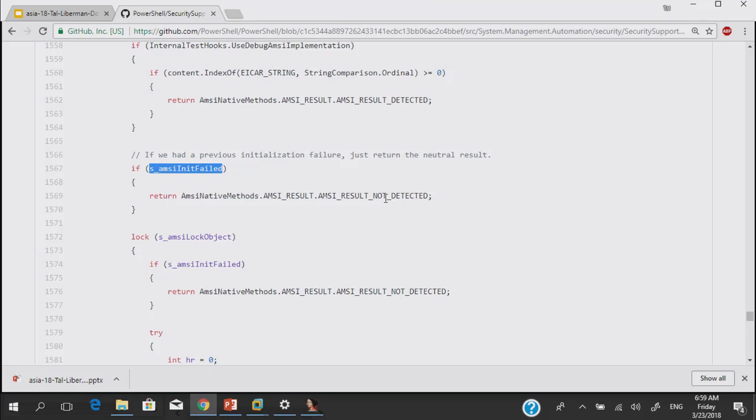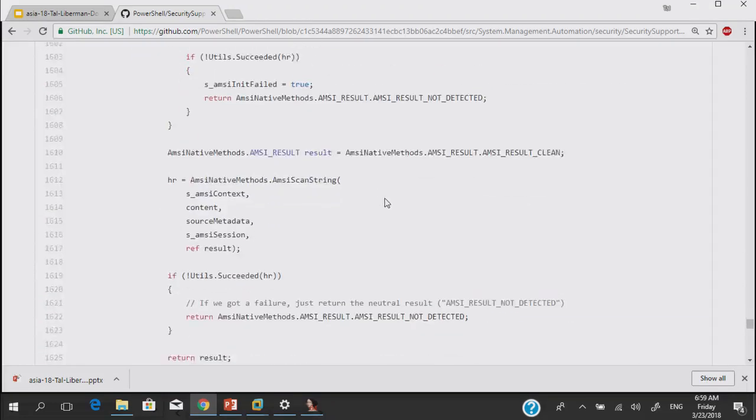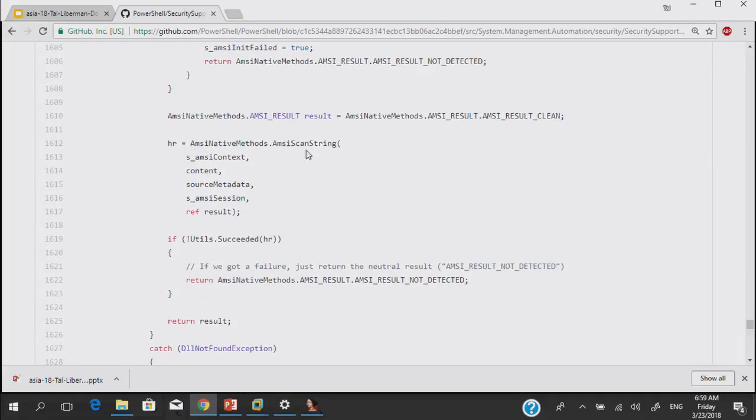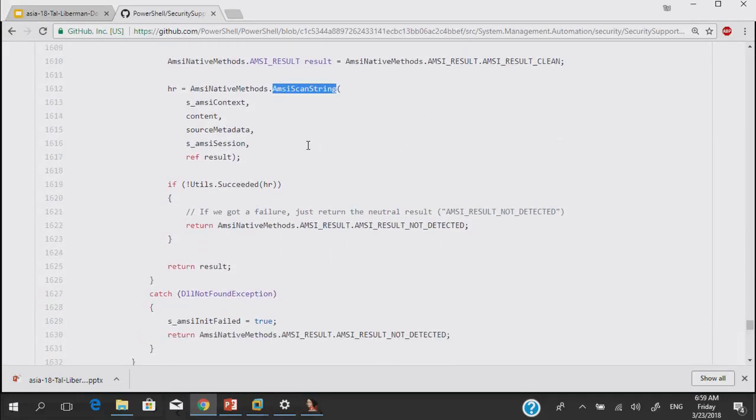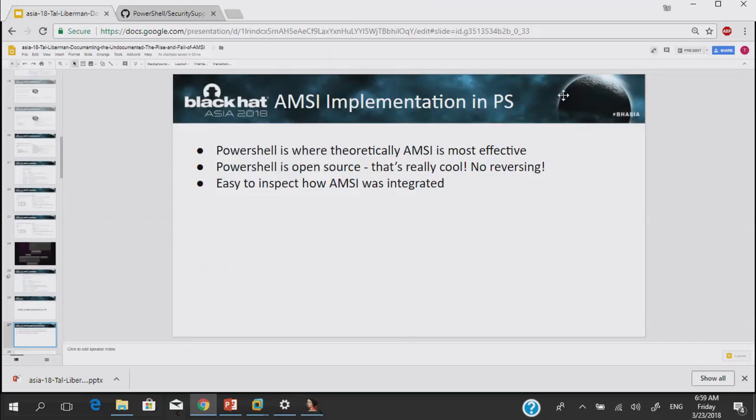So AMSI is like a best effort thing, but if there's a problem, it's not going to be propagated to the user. Okay. And then the last thing that happens in scan content is we call the scan string method, and whatever the result is, we return back to the caller. And so that is the wrappers of AMSI in PowerShell, right?